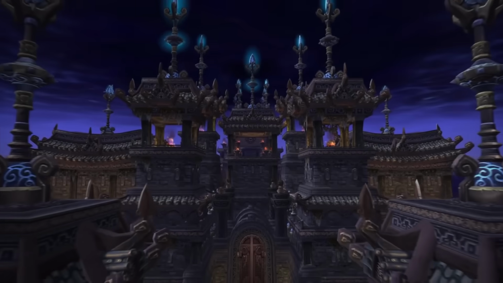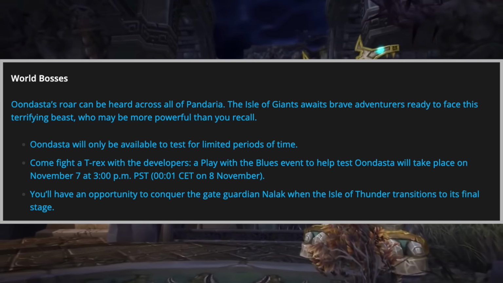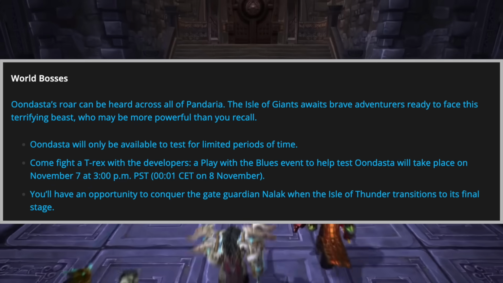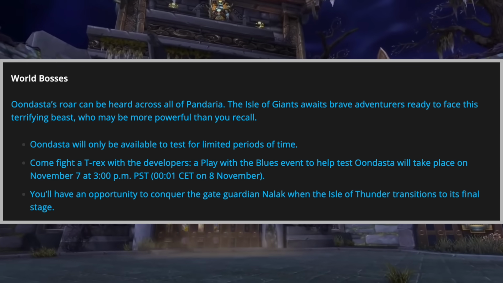Now, when it comes to world bosses, you've got Undasta that sits very far up in the north on the Isle of Giants, which actually they're going to do a sort of test with the Blues on November the 7th at 3 PM, so if you are actually going to go on the PTR to test any of this stuff, you can go and actually try out Undasta early. You can even go and try Nalak as well, but Nalak won't actually be available, which is quite annoying because,